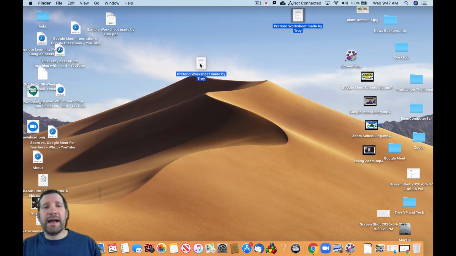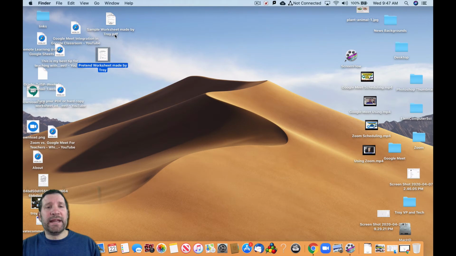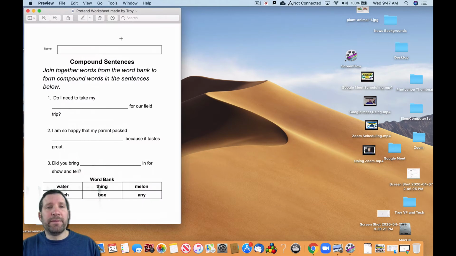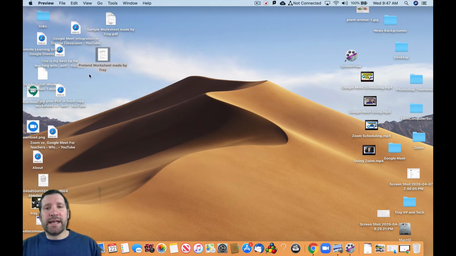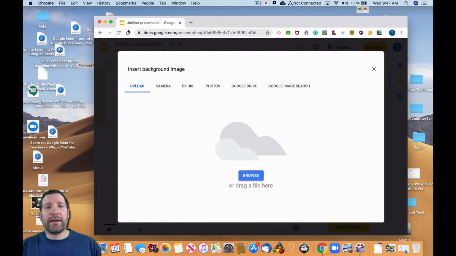Okay, so now that I have that taken, notice it's not a PDF anymore. If I was to open this, it would open in my picture viewer because it is a picture file now. So that is a very important step. The next thing that you're going to want to do, and this is not the only way to do this, but this is a way I would recommend,